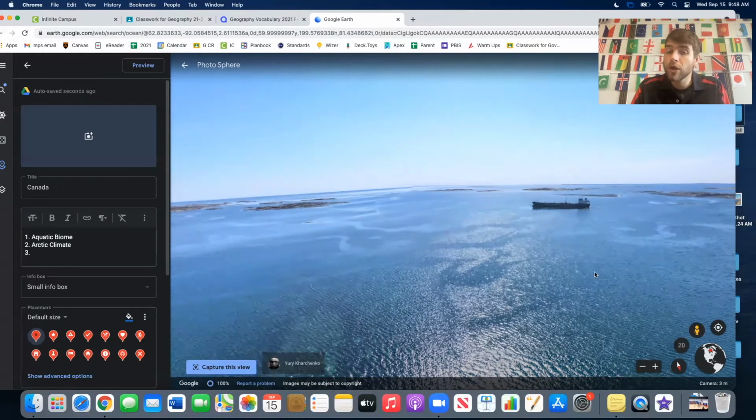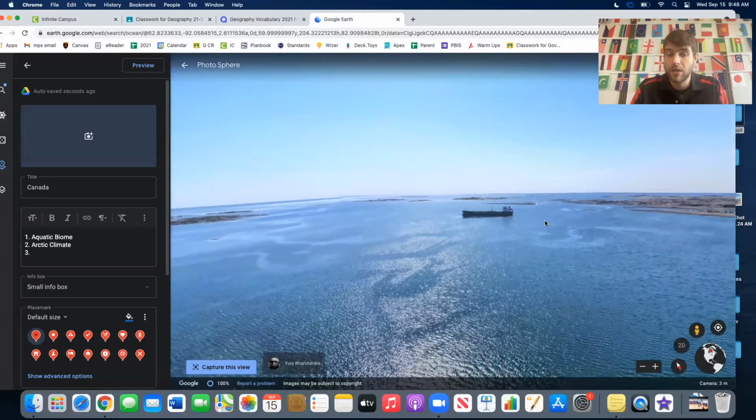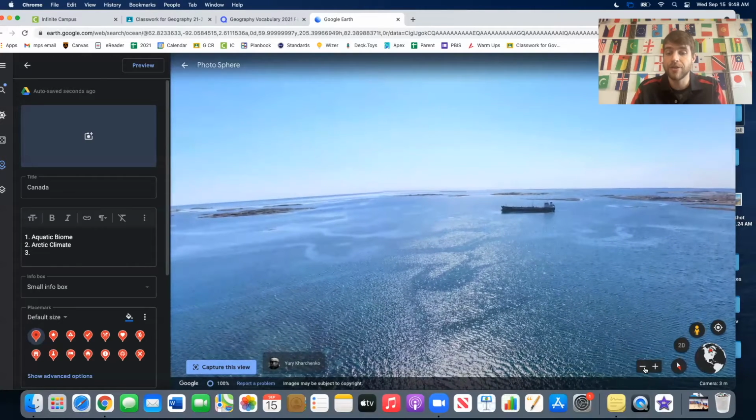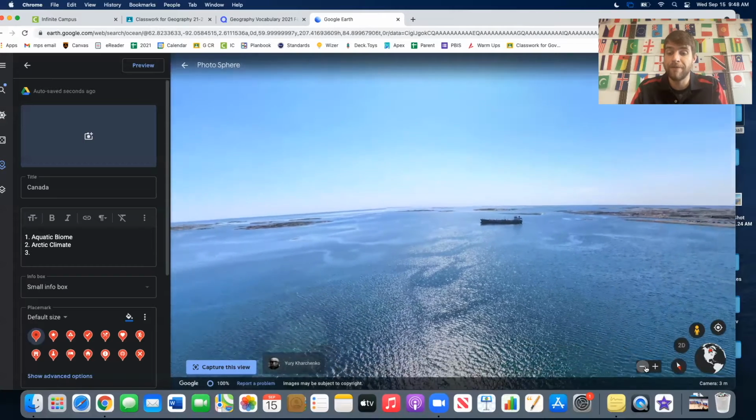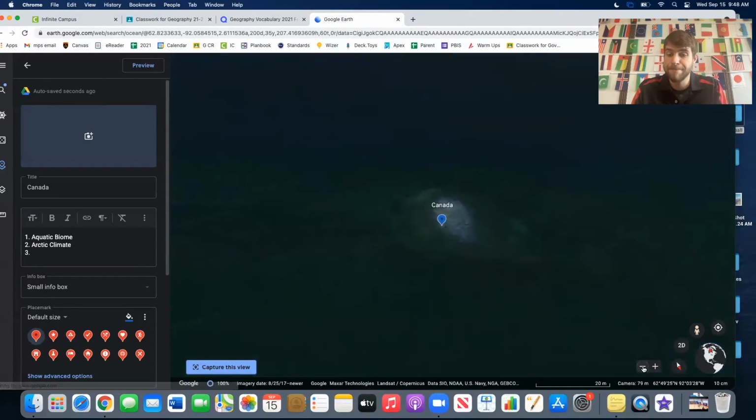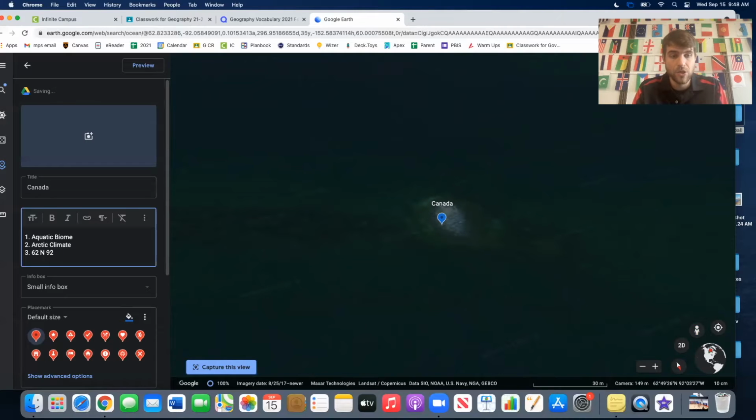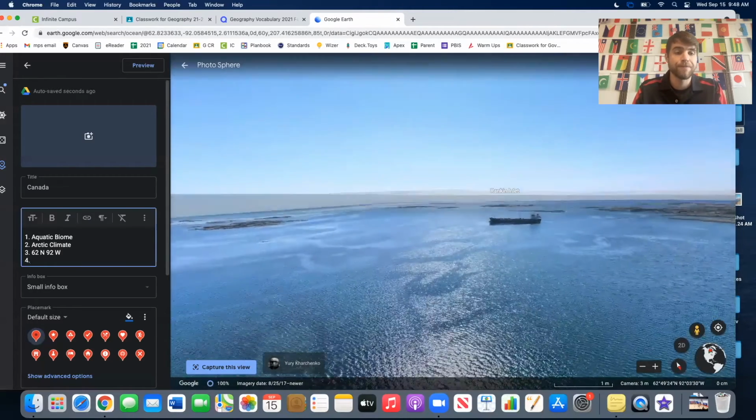The third one, we're going to look at the location. Okay. Specifically the longitude and latitude. Okay. So to get the longitude, latitude of your location, just zoom out a little bit. If I push this minus sign. Okay. Then it's going to give me the absolute location down here. So I'm going to put 62 degrees north and 92 degrees west. Okay. And then if I go back in,